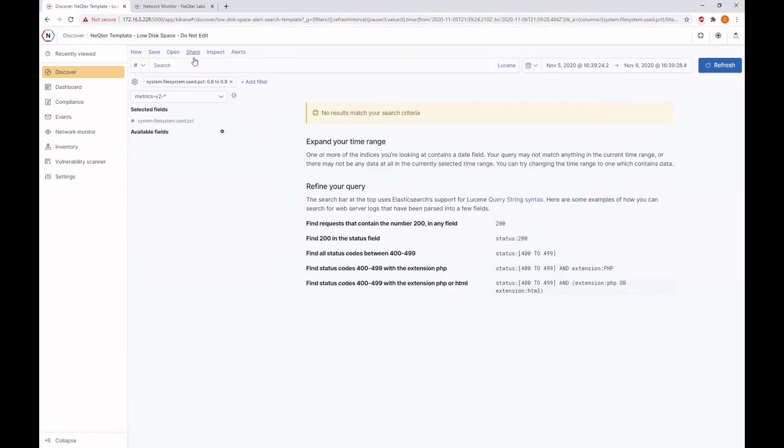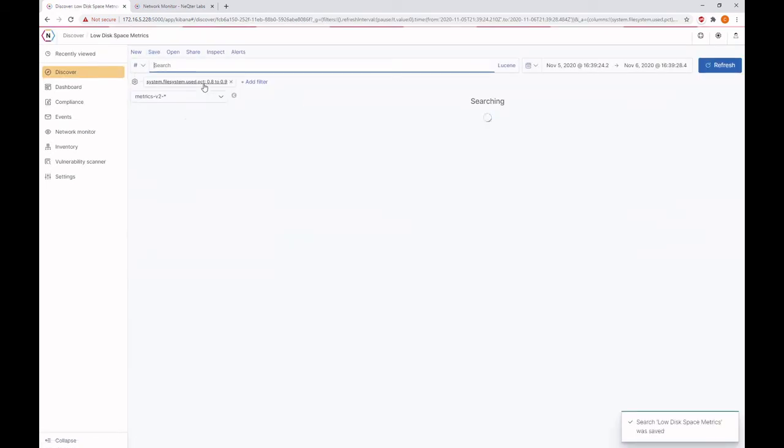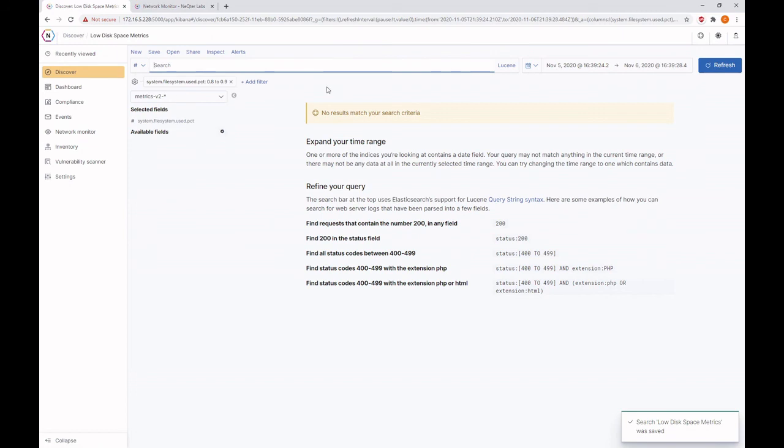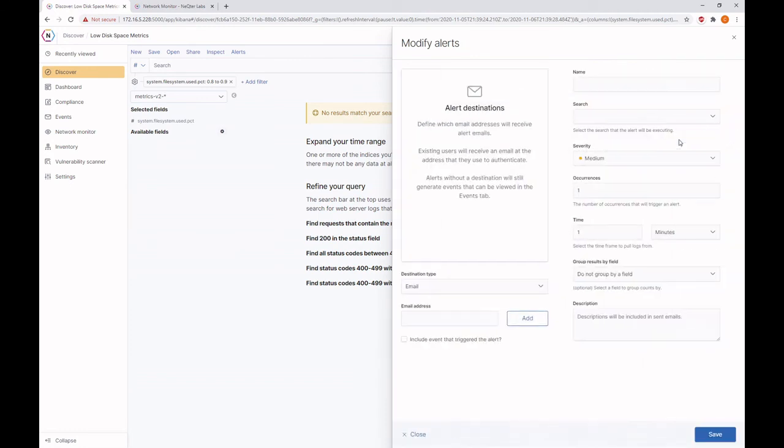So now, if I was to create a saved alert for this, save as new, low disk space metrics, we can use the same exact setup, but this time it's going to apply only to metrics. So now if we were to create an alert from saved searches,